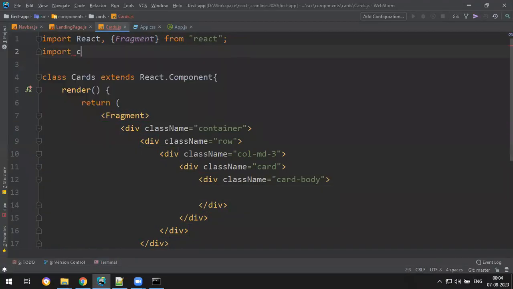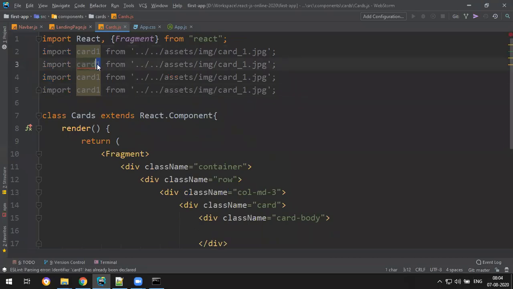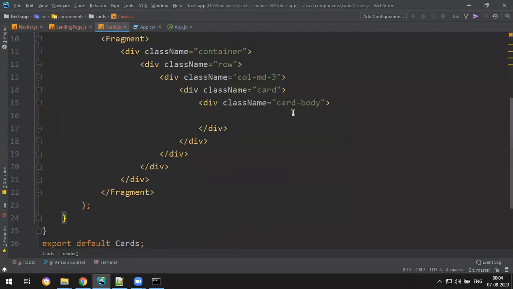Let's import card1 from like this: ../asset/image/card1. Okay, so Ctrl+D to copy, I mean paste the previous line, for four cards. So names will be card2, card3, and card4. So four cards.